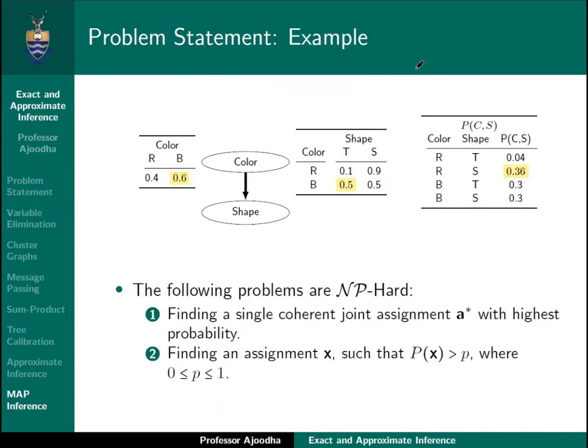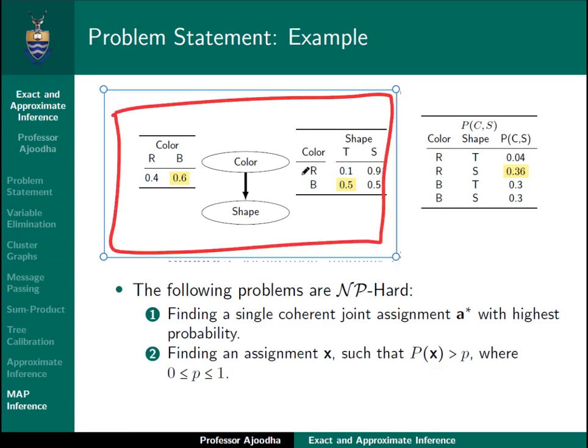And let's see why this is a difficult problem. Let's say we've got this Bayesian network, okay? If I select the most likely event for this particular variable, it'll be 0.6, so that's for blue. The color blue is most likely. And if I calculate the most likely event for this other variable, given the evidence of blue, it's either going to be this one or this one, and it's 0.5. So I'm going to select 0.5,